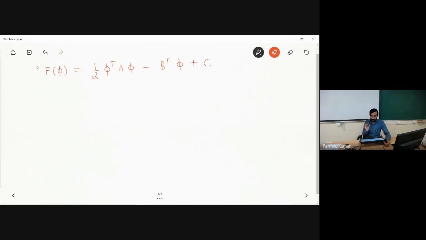We have also seen that this function results in a specific form of the equation. Now let us take an example, and with the help of one example, see what we will obtain from this function. Let us consider that we have a matrix A as 1, 0, 0, 2, and another matrix B as 1 and 2. What will be our unknowns? Our unknown matrix phi will be phi 1 and phi 2.